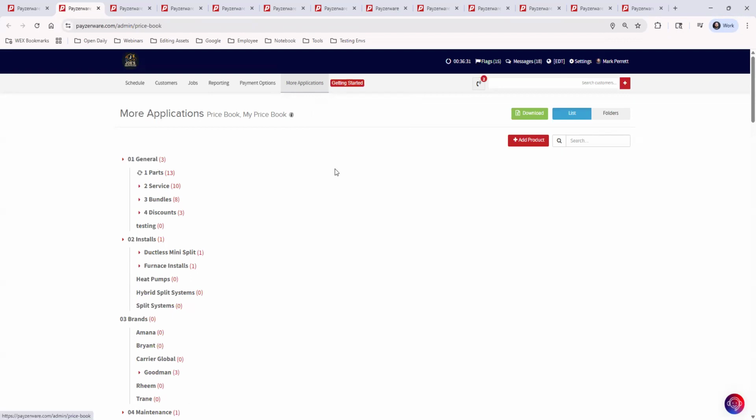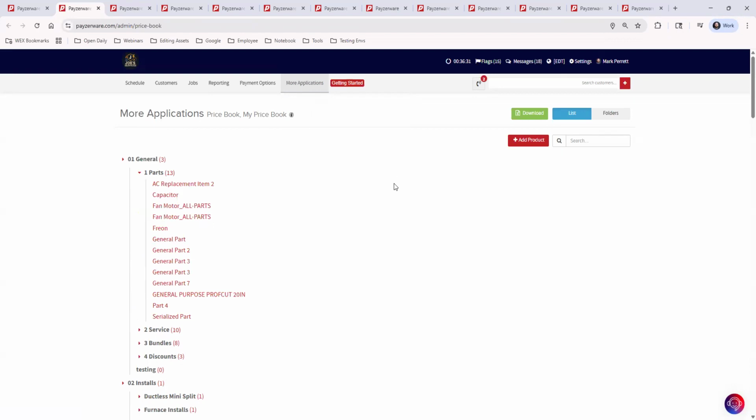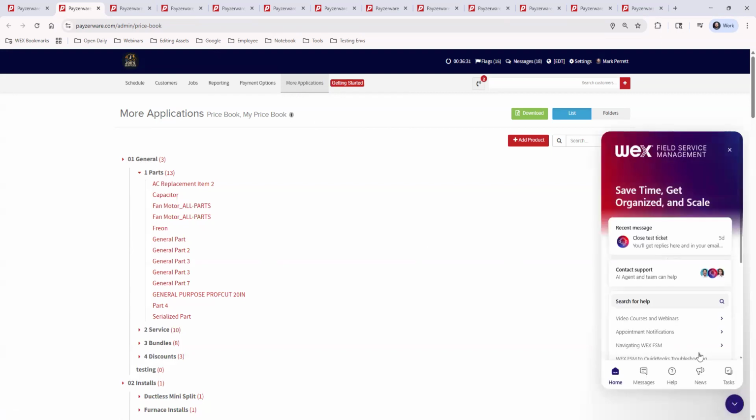I'm going to click the drop down here. And I'm not going to dive deep into how to build a price book in today's session. This is just kind of a reminder that if you want to charge people things, you'll need to pull items from your price book to build out your proposals and invoices. So setting up a price book is very important. If you want to learn more about that, you can go to the Help Center down below here, go to Video Courses and Webinars,